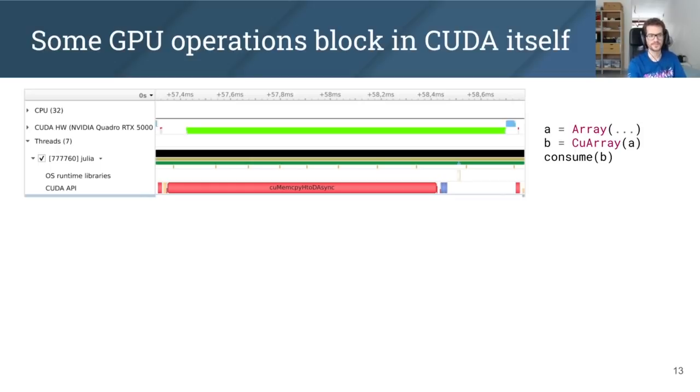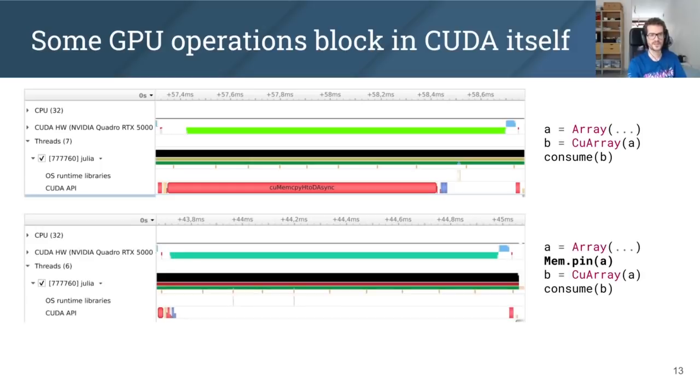And that's very wasteful. The fix here is to pin the CPU memory, and this tells the operating system that this memory cannot be paged out, enabling CUDA to perform the memory operation asynchronously. And again, you can clearly see this in the profiler trace where the CPU now isn't kept busy and is free to perform other operations. It's completely idle.